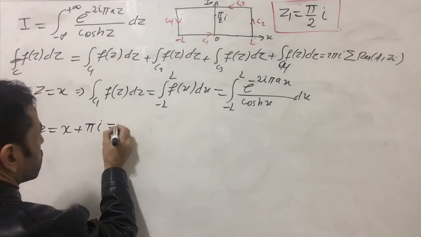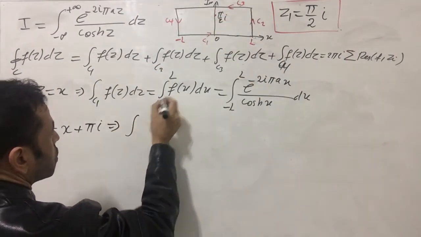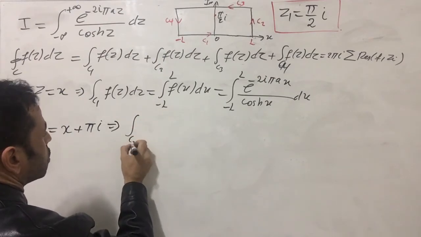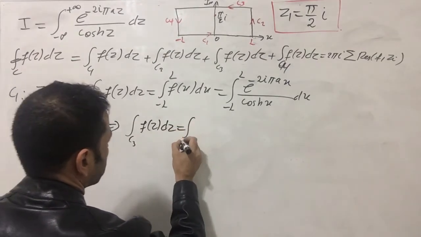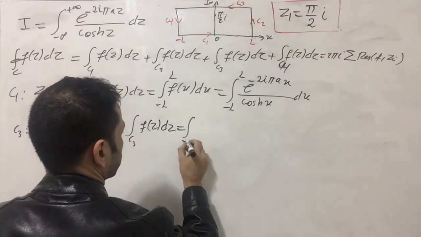So the integral over C3 of f of z dz equals the integral